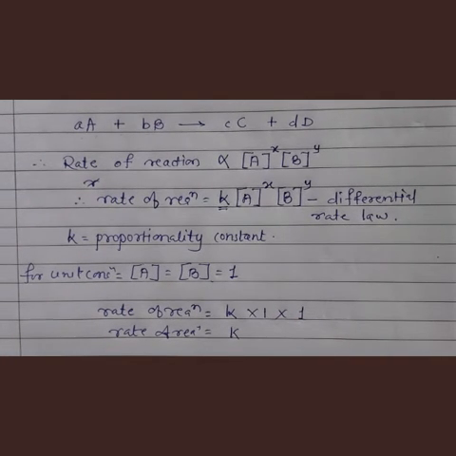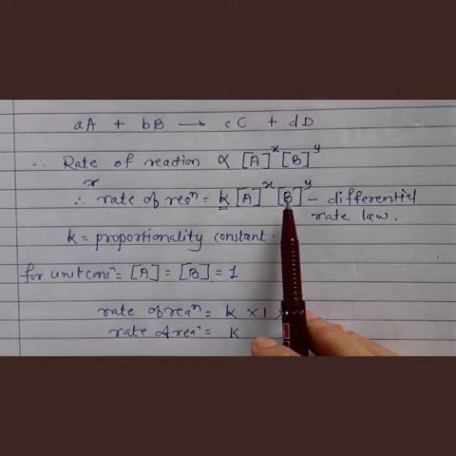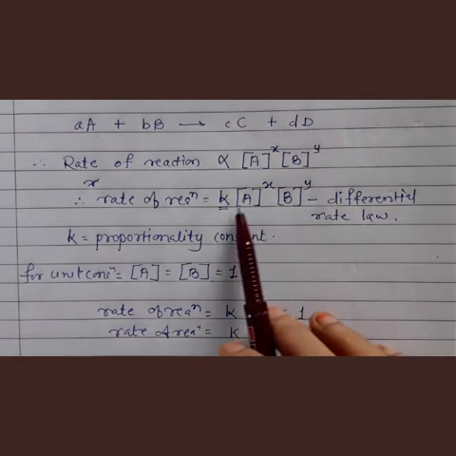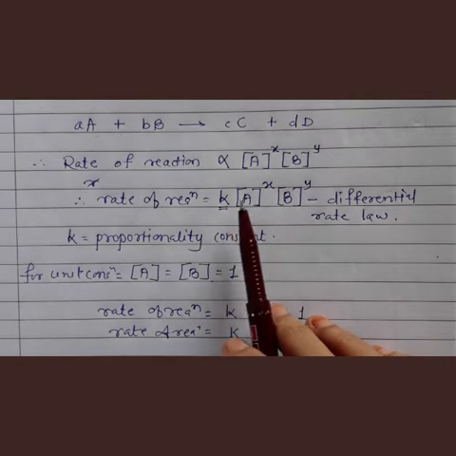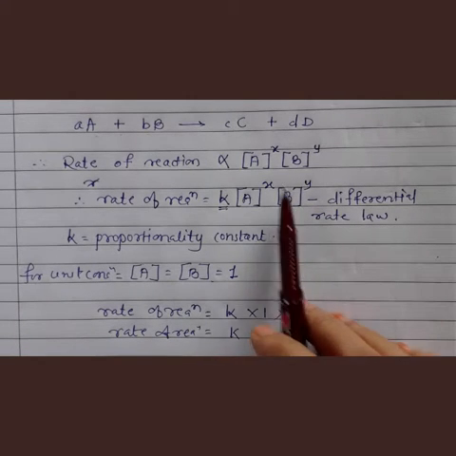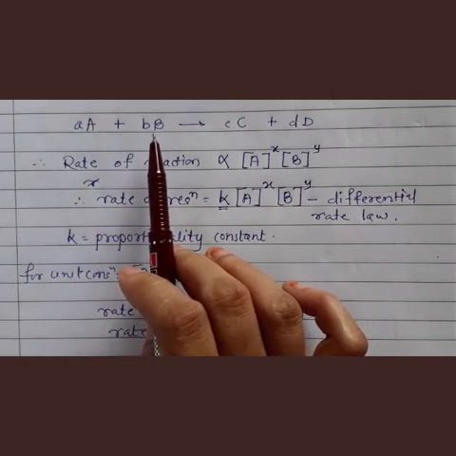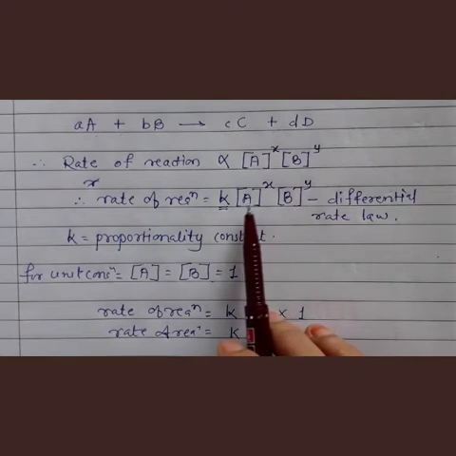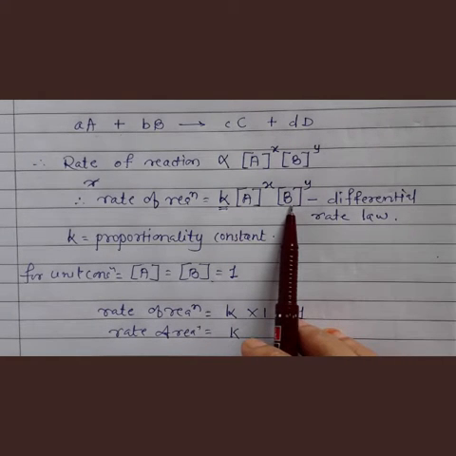And therefore it can be said that the rate law is determined experimentally. Understand? Rate law is determined experimentally and expresses the rate of a chemical reaction in terms of molar concentrations of reactant, and is not predicted from the stoichiometry of the reaction. It does not depend upon the number of moles. It depends upon the concentration of reactant. Understand? And it is experimentally determined, rate law.